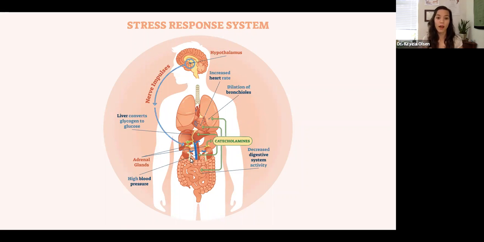So that's where the liver then comes into play. Now, you're also going to have increased heart rate, right? Because, well, for me, I'm running at this point. And then the bronchioles, or your lungs, are going to really dilate. So what that means is they're going to get bigger so that you can actually get more oxygen in, because we're running, so we need more oxygen to fuel our muscles so that they can keep going,